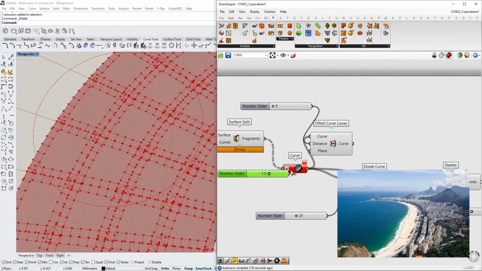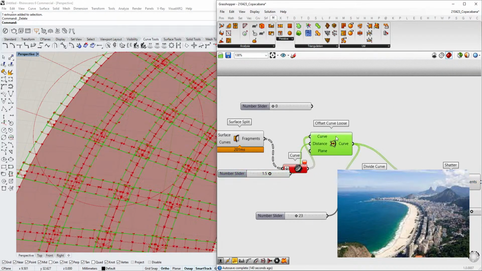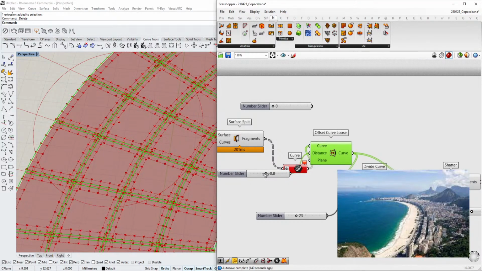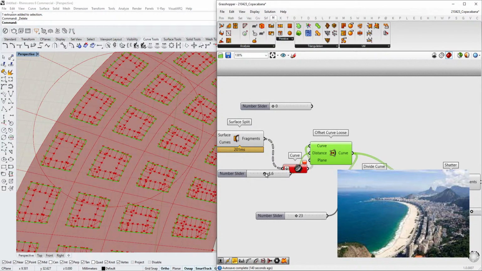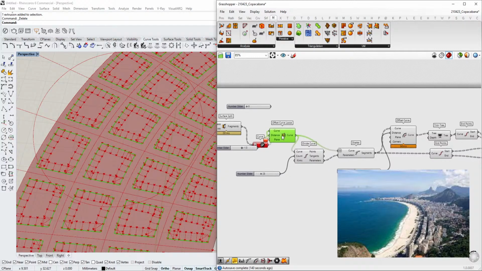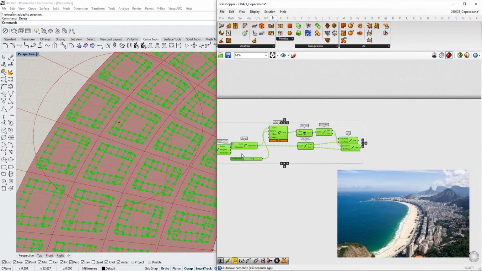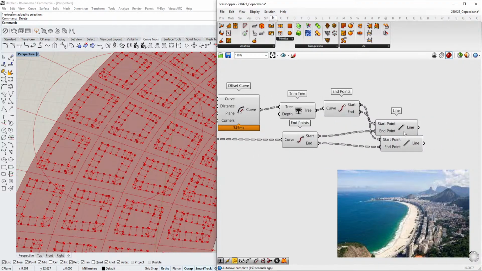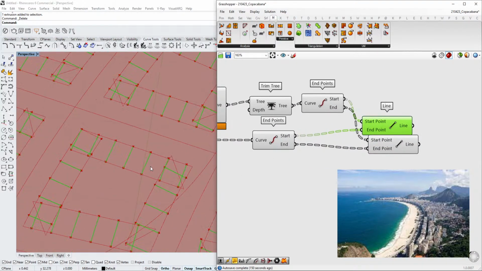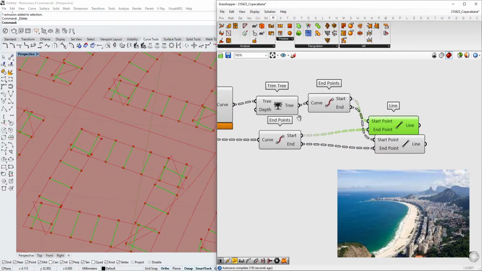Just take the same one here. Okay. Now the thing is, it